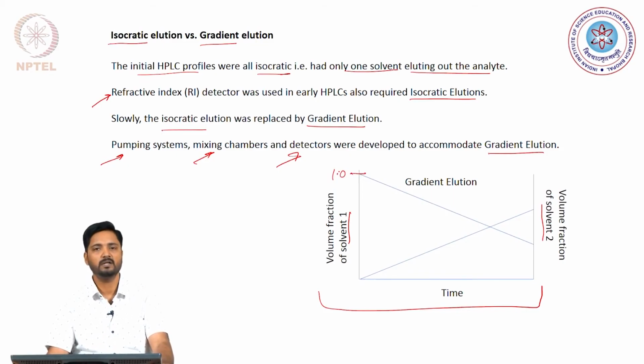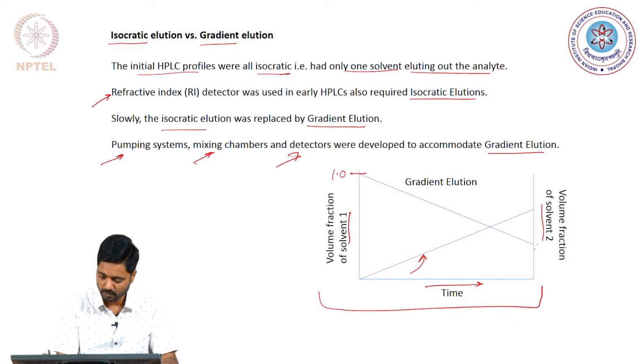That means the solvent that is being injected initially is only composed of solvent 1, but as the time progresses we would want to continuously keep adding more and more of solvent 2 and increase its volume fraction, and finally we may have a condition where the solvent 1